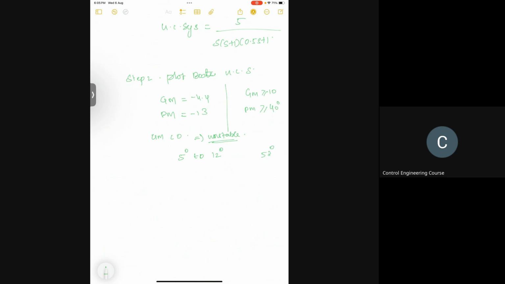And also, to avoid an overly large time constant for the lag compensator, we should choose a corner frequency at omega equal to 1 by T to be around 0.1 radians per second. This is because this corner frequency is not too far below the gain crossover frequency, and the modification in the phase curve will not be too small. So we add around 12 degrees. I'm choosing this because it is on the negative side and going towards the maximum to allow the phase margin. So now the phase compensation I would get is around